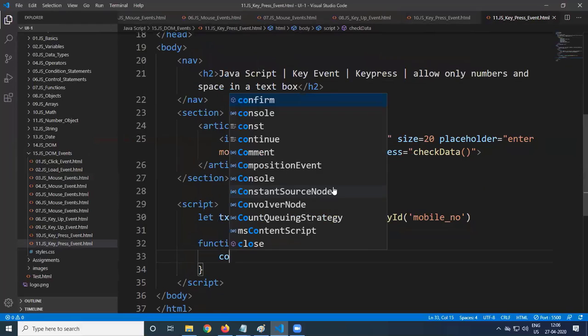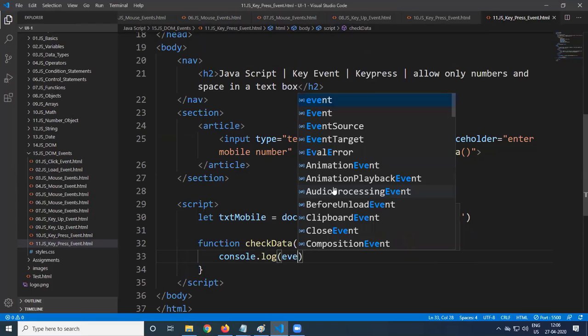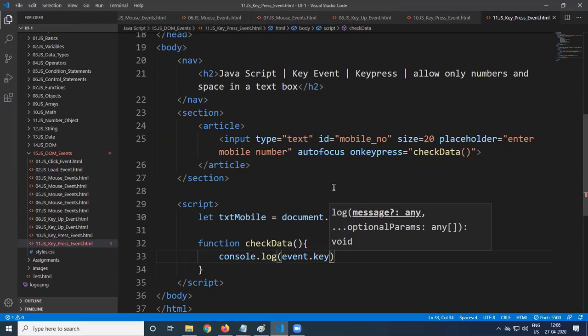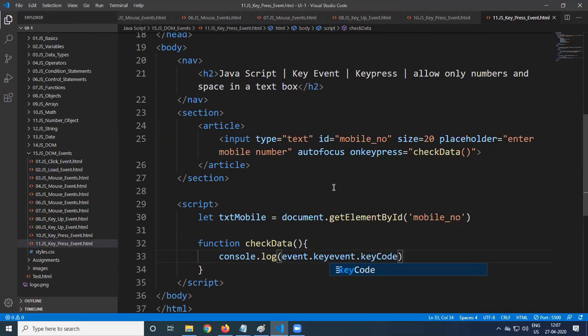For that purpose, console.log event.keyCode. We are just displaying the key code and also the key character. So event.keyChar. What is the corresponding character as well as the key code?